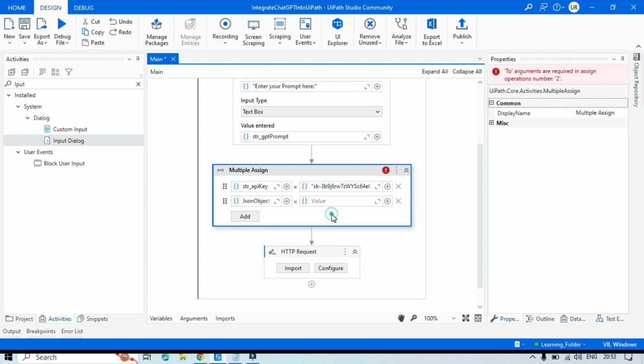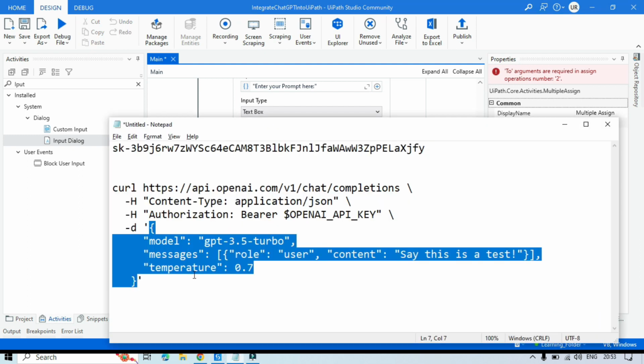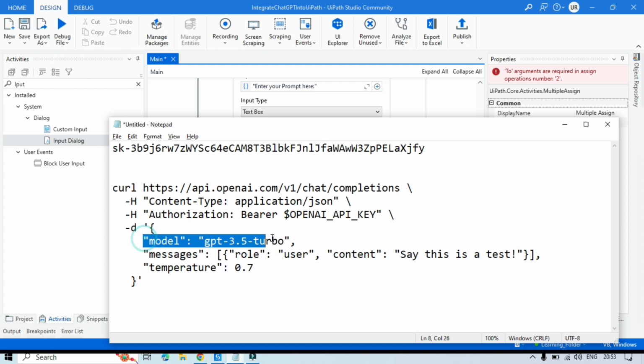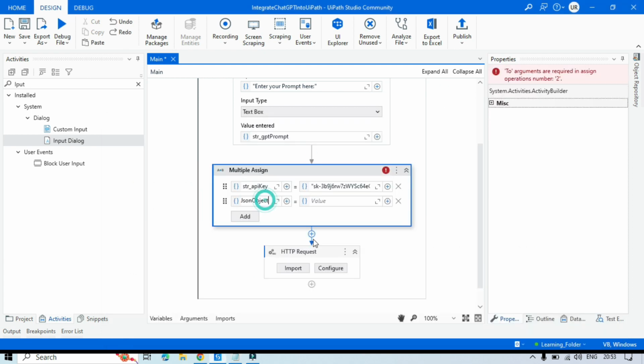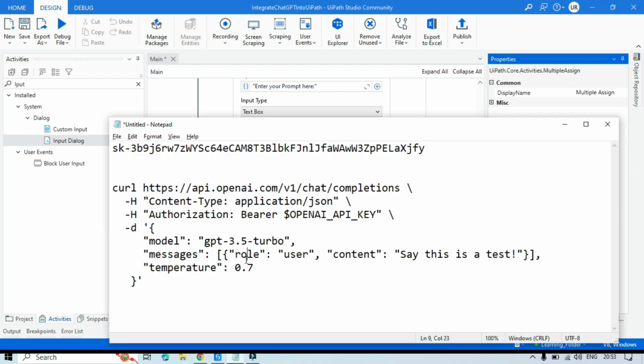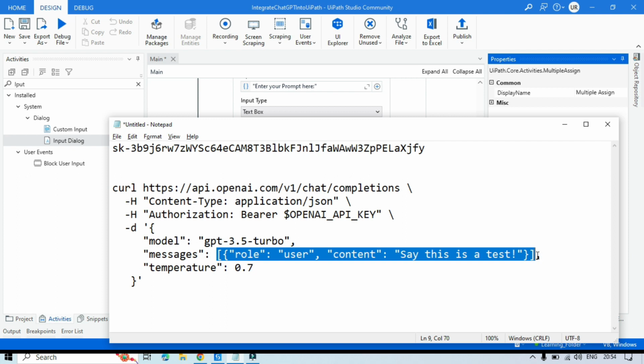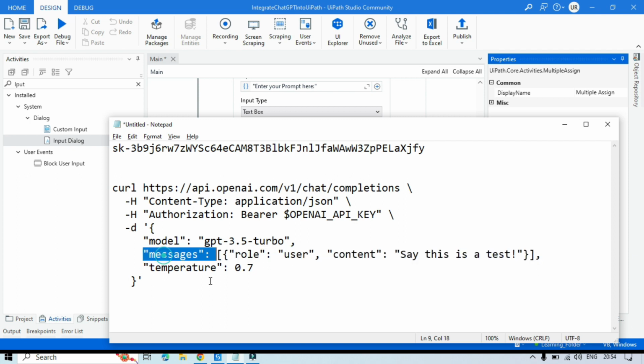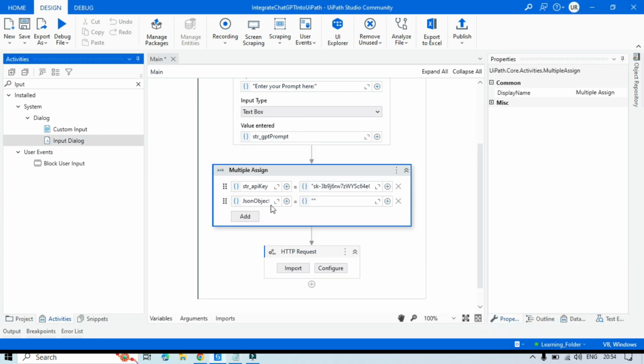Now we need to pass the data here. So see, if we had only this and this, then we could directly do it like this: JSON object of model, and then pass a value here, right? But this time we have data in a JSON array, which will be assigned to this JSON property, this one, messages. For this, what we'll do,